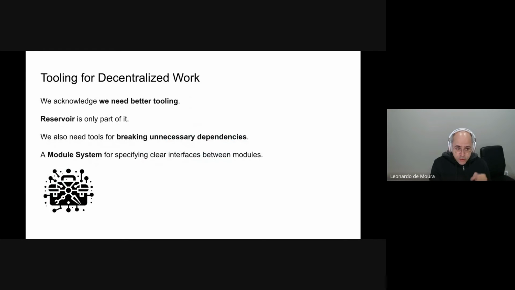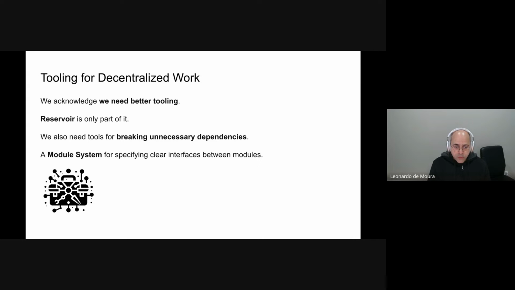But we want to go even further. We want to provide better tooling. We can improve decentralization by providing better tooling. Reservoir will be part of that. But we want to provide better tooling also for breaking unnecessary dependencies, allowing people to manage their packages in a better way.